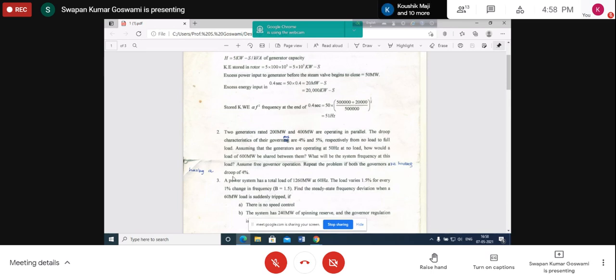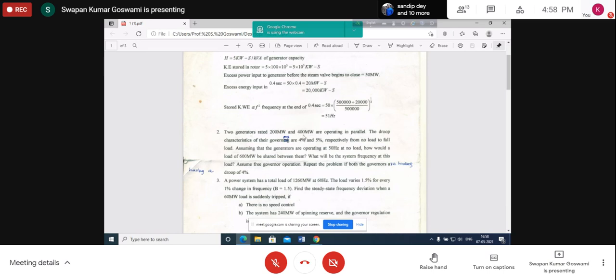You have to determine when the power output of the first generator is 200 megawatt, second generator it is 400 megawatt, then only the operating frequency will be how much? It will be 48 hertz and 57.5 hertz. But now one of the generators should be well loaded. Therefore, you solve it, but apply the condition that since the generators are operating in parallel, their operating frequency